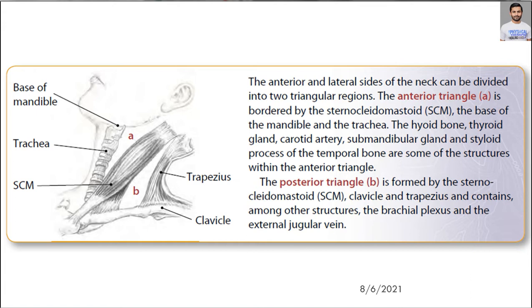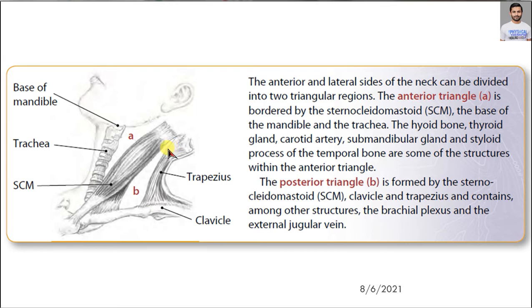Now this is a really very important slide because this shows you the triangles of the neck. There are two triangles that are made in the neck region, the bigger triangles. One is called the anterior triangle, which is shown over here, and the other is called the posterior triangle, which is shown over here. The boundaries of the anterior triangle are the sternocleidomastoid, the base of the mandible, and on the front the trachea in the midline. The posterior triangle boundaries are the clavicle, which forms the base, the upper trapezius, and the